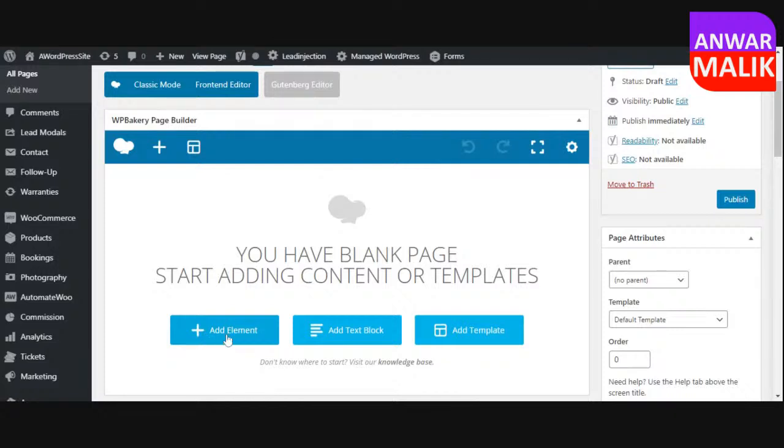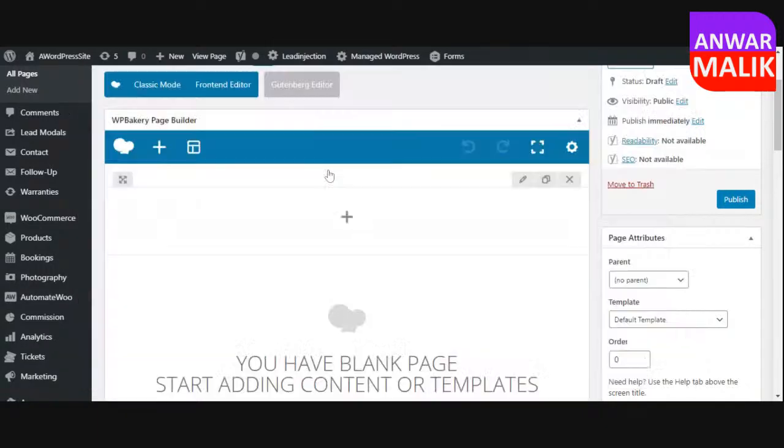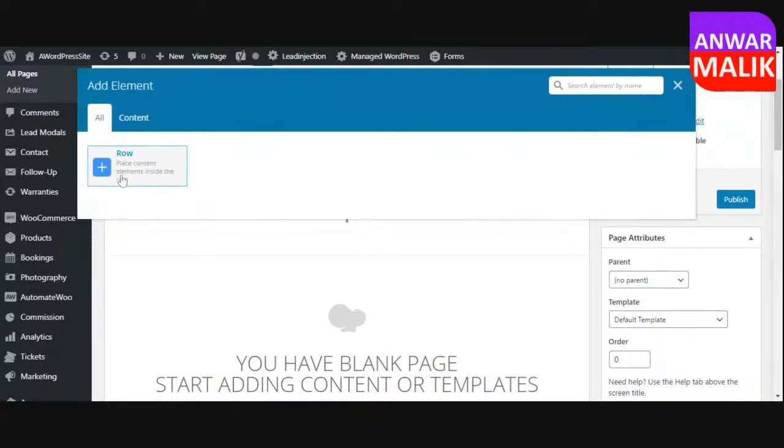So we say add an element. So you see plenty of elements here. What is my first element I want to add on my website? So I want to have the four walls of my room. So I say section is my first thing I want to add. When I add a section, it can only allow me to add a row. So I create a row,